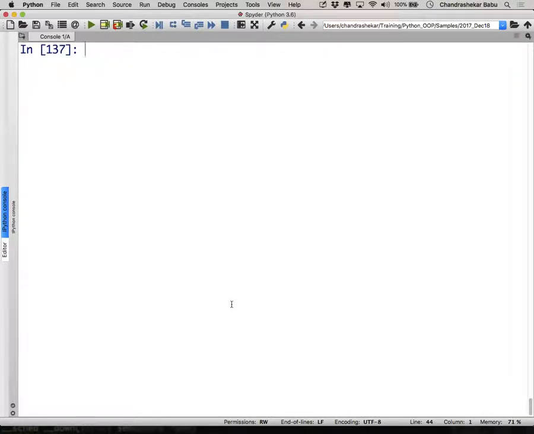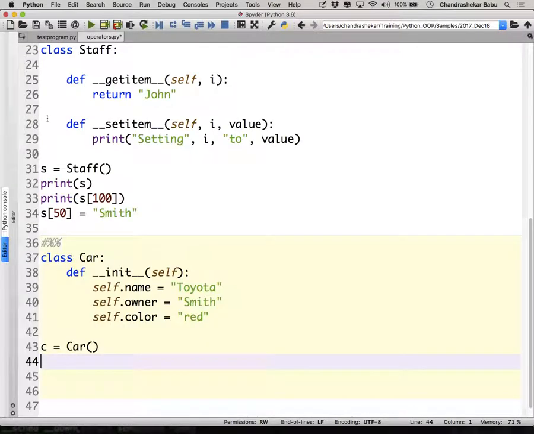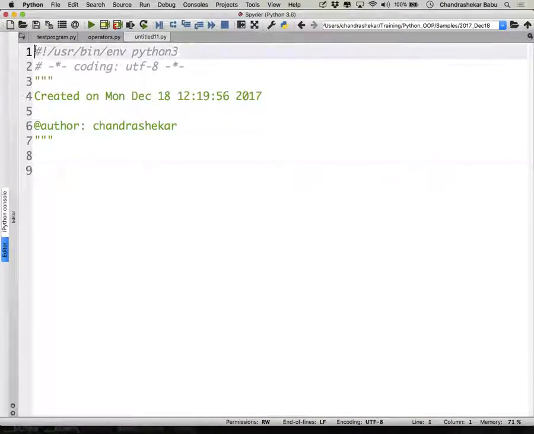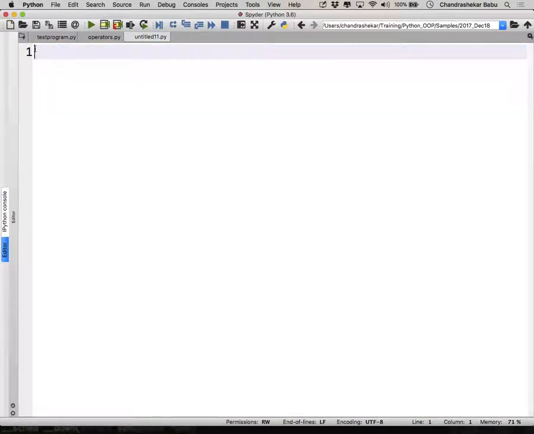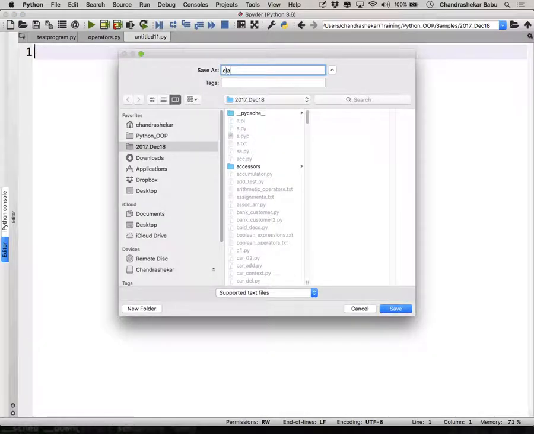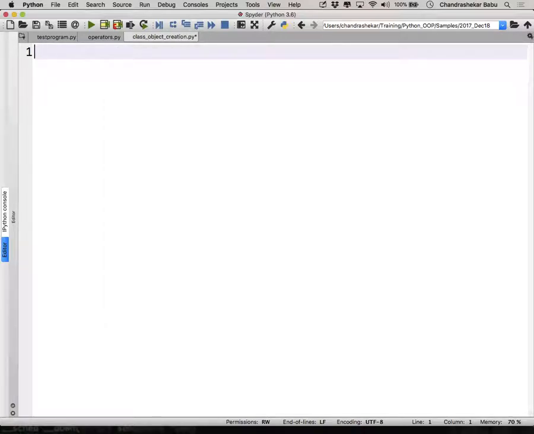I'll use cells over here. I'll say class car, a silly example.